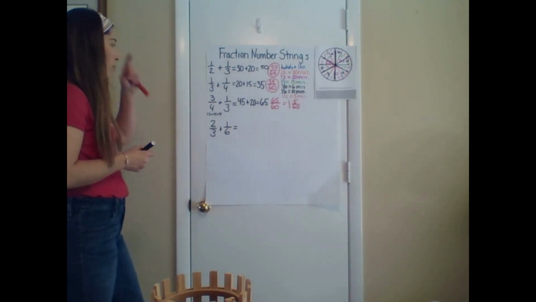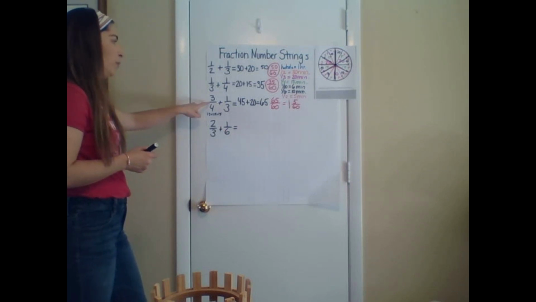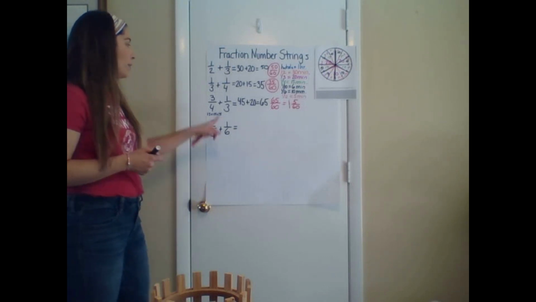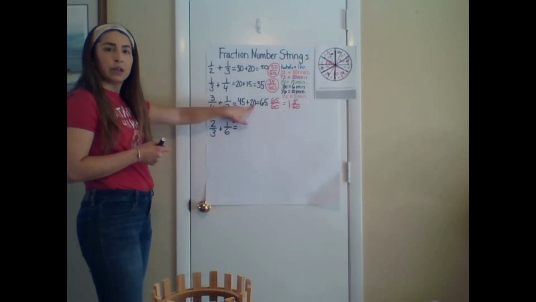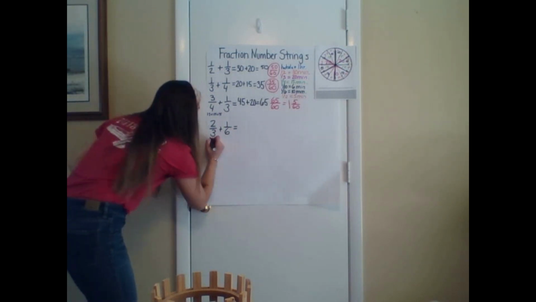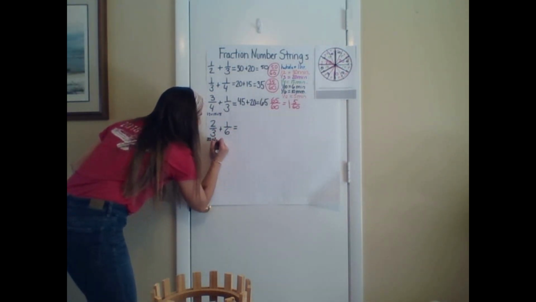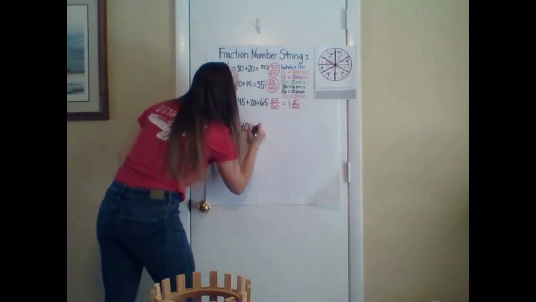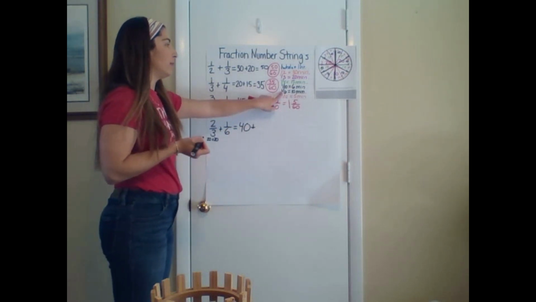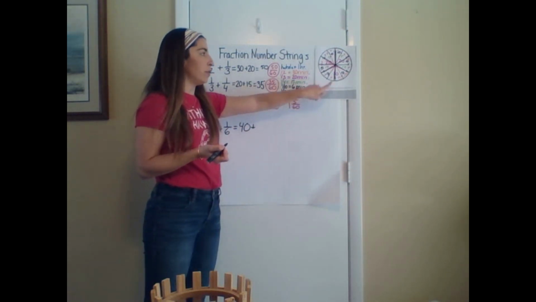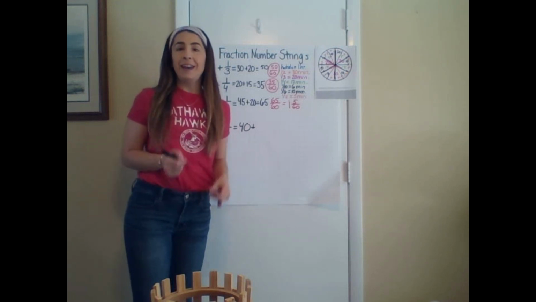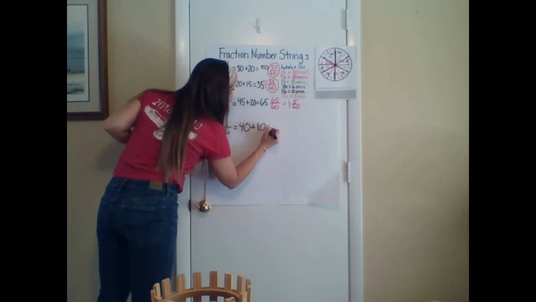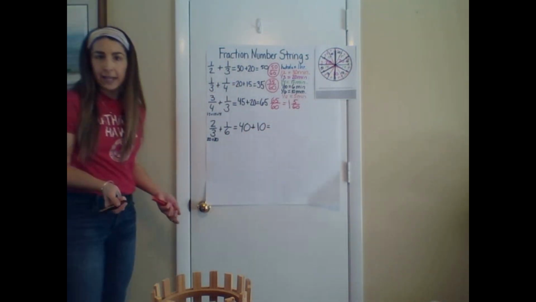So I'm going to have to use the same logic I used for 3/4 to help me out with 2/3. So I know the unit fraction 1/3 equals 20 minutes. So if I have 2/3, I'm going to have 2 groups of 20, which is going to give me 40. Next, using my clock and my key, I know that 1/6 is equivalent to 10 minutes. I know that because there are 6 groups of 10 in an hour. And if I add 40 plus 10, it's going to equal